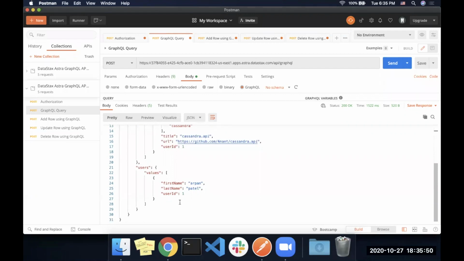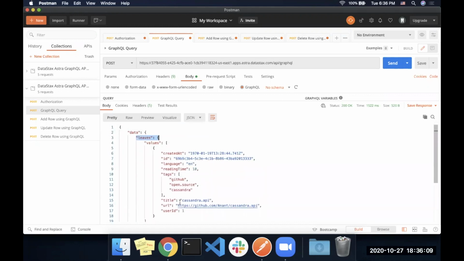So now with GraphQL, we don't have to query our leaves endpoint and then also query our users endpoint, depending on however many endpoints we have there. With one GraphQL query, we can get back data from multiple tables, which is great because it simplifies it and we can control it. So say if we don't want to get back all this extra stuff,